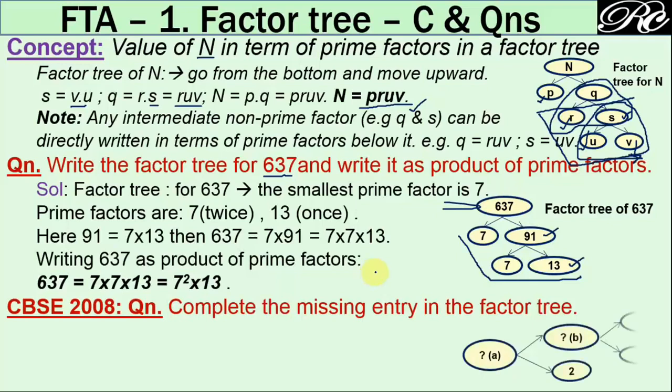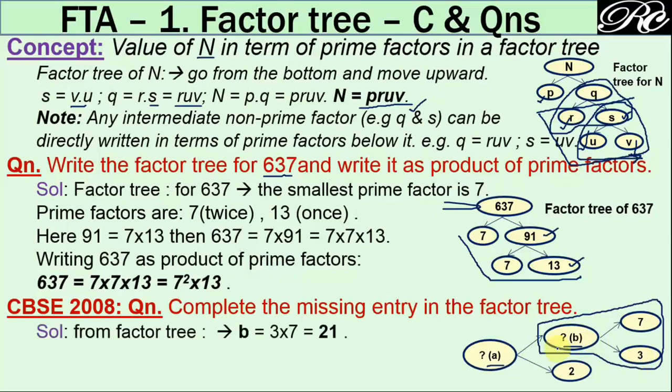That you may also calculate. So one of the factor trees is given. Here we have to calculate this A and this B. The other factor 2 is given. So 2 and B are the factors for A, and for B, 3 and 7 are the factors. So considering this part, we can get that B is the product of the prime factors 3 and 7. So B is 3 into 7, B is 21.